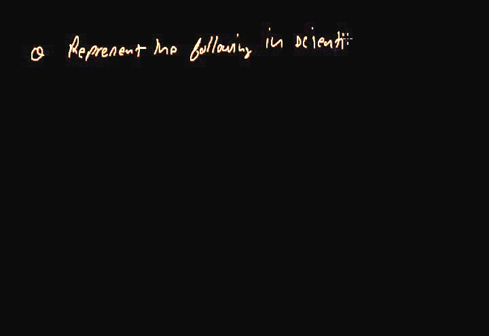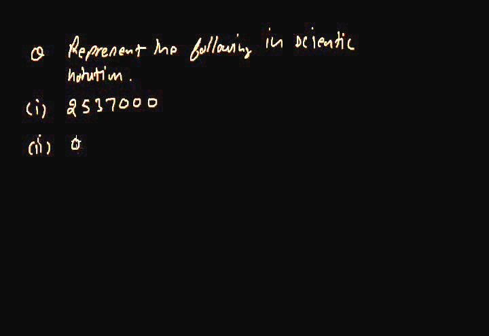Let's move to the next question. Represent the following numbers in scientific notation. The first number is 2537000, and the second number is 0.000378. Now if I want to represent these two numbers in scientific notation,